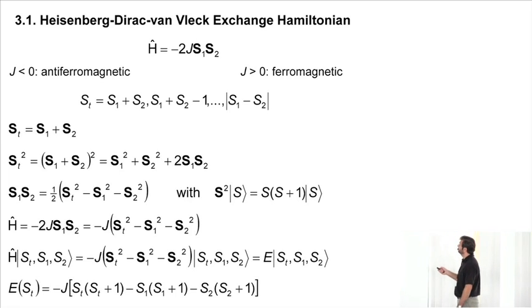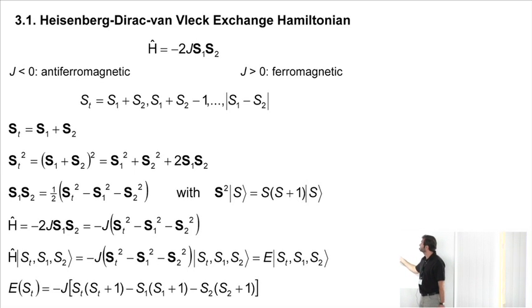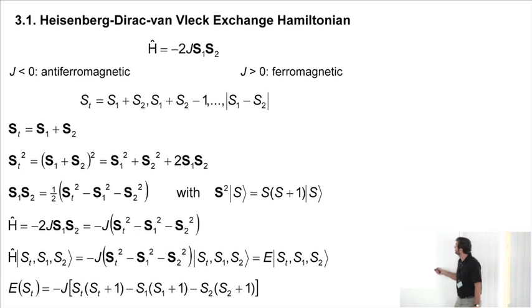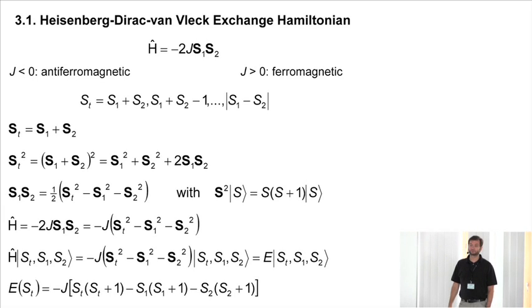So if we now couple two spins, we get a total spin, and we cannot only look at the ground state, but also have to look at the excited states. And how do we calculate the possible spin quantum numbers for the total spin? S_T means it is the coupled total spin of the dinuclear unit, and S1, S2 are the local spin quantum numbers. So the maximum spin quantum number is S1 plus S2, and the lowest value is the absolute value of the difference. That means if you have iron 3,